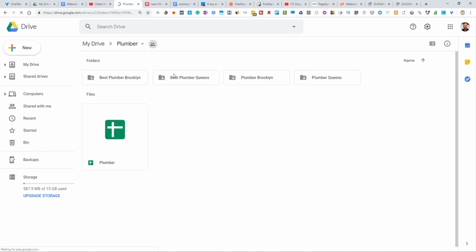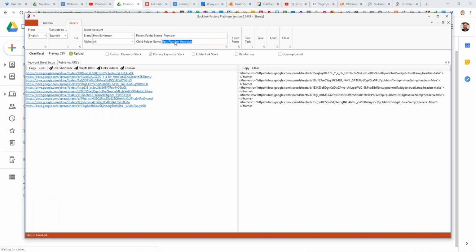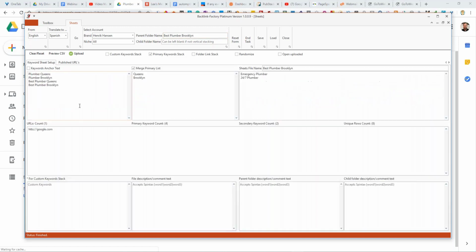So you can see I have these here. If I want, I could say, okay, I want to go deeper into this one, this plumber in Brooklyn. So I'll go back over here. I'll take this one, I'll put it up here, and I'll go back here. And I don't want to merge my primary, I just want to have plumber and this plumber, or stack it